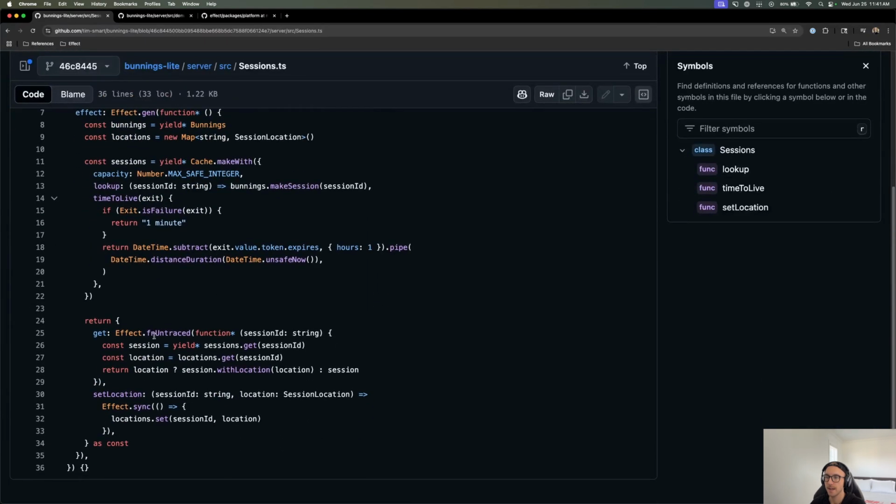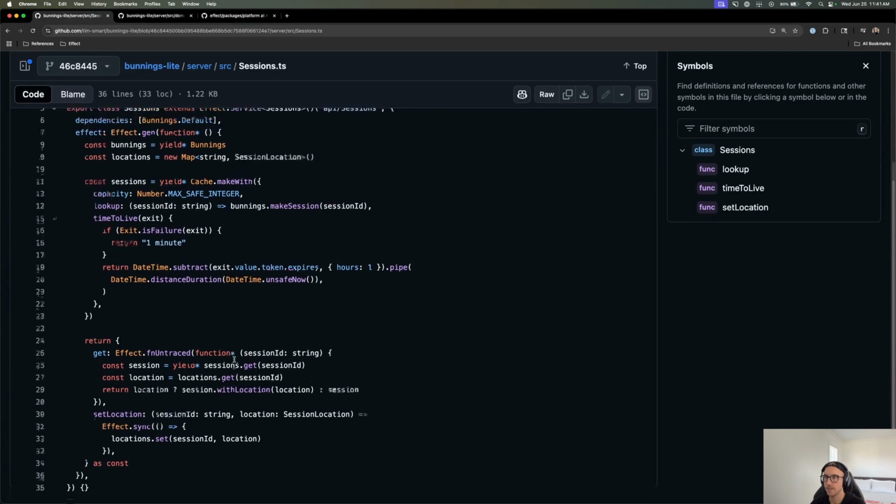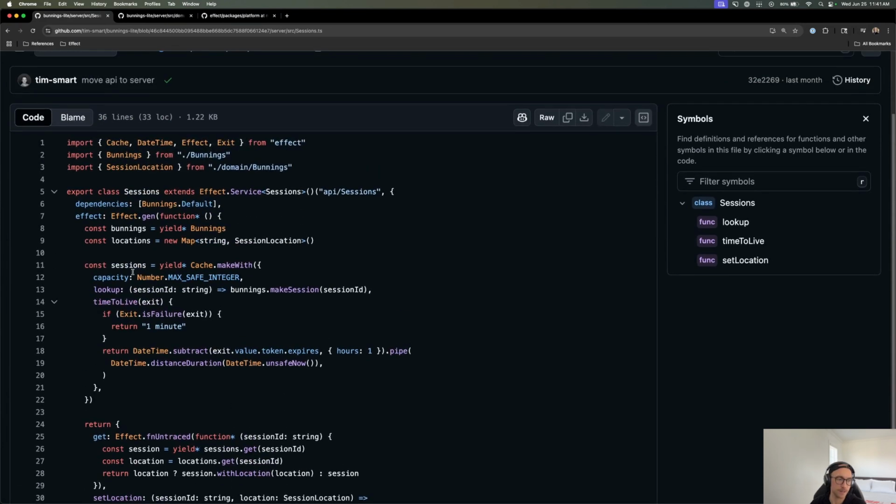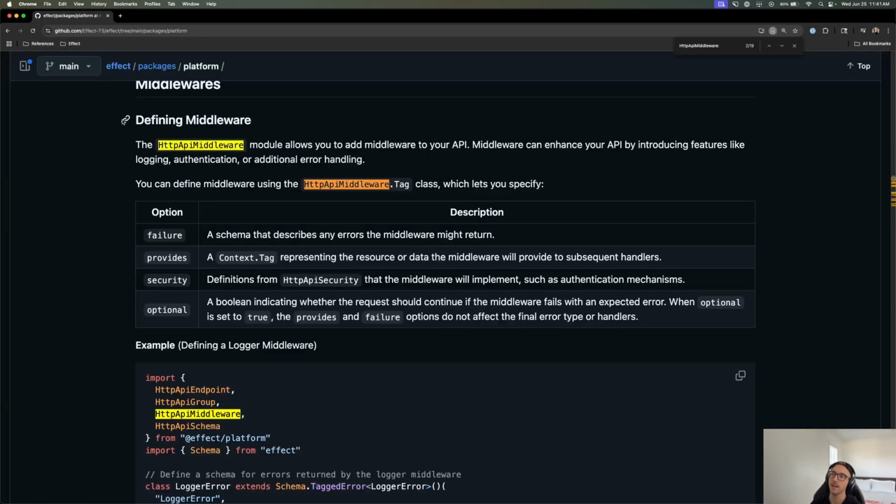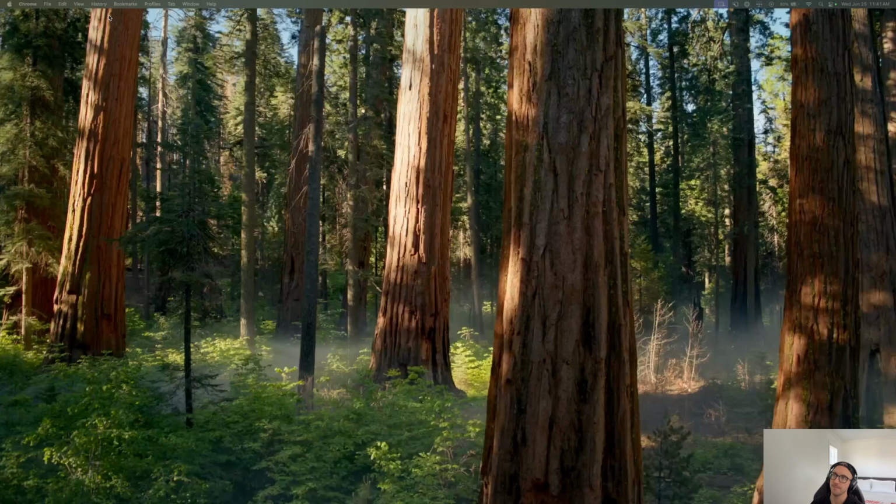If we look at get session with location, yeah, we can look at all of this. Yeah, of course. I mean, the idea here is to abstract while we're just speccing out the API. And then when we get to implement it, then we can be concrete. That's kind of the idea. And that Effect